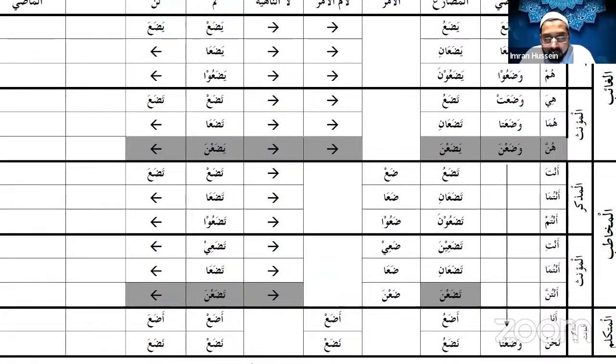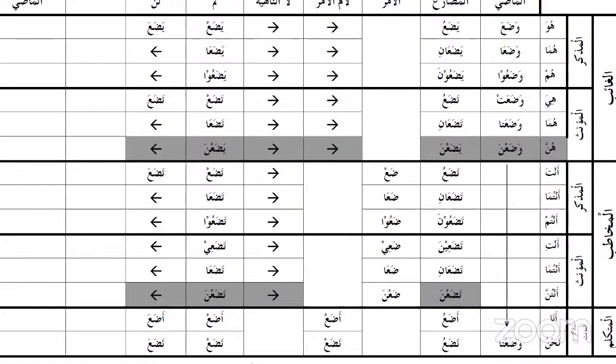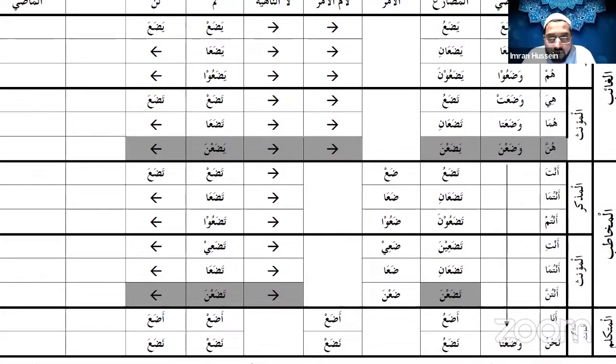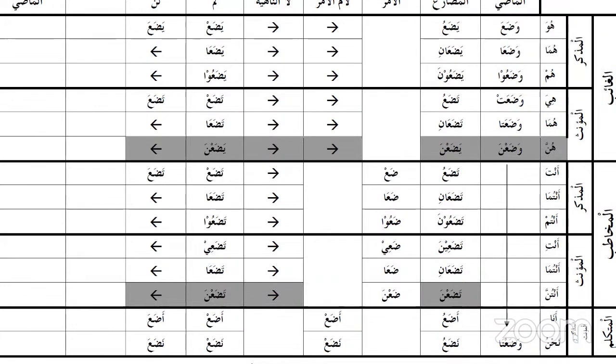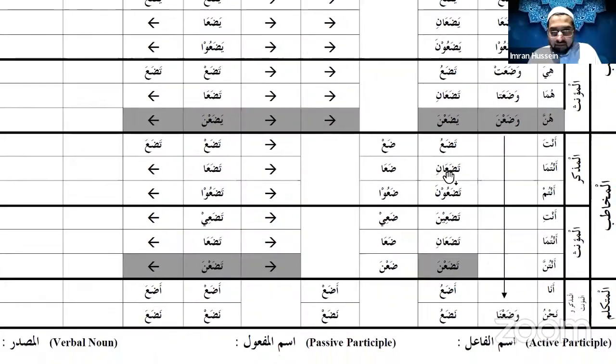Is that okay, everyone? So once we drop the ta and make the ayn with a sukoon, we're left with two letters, and because the dhad has a fatha, there is no need to bring hamzatul wasl. Is that okay, everyone? Yes, thank you. Bismillah. Continue. Za, za'a, za'u, za'i, za'a, za'na. Excellent.